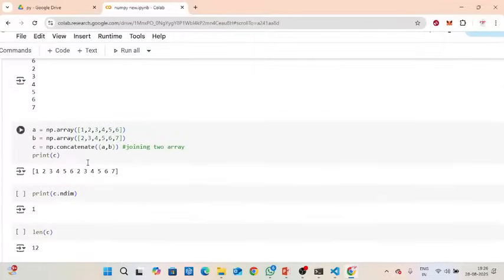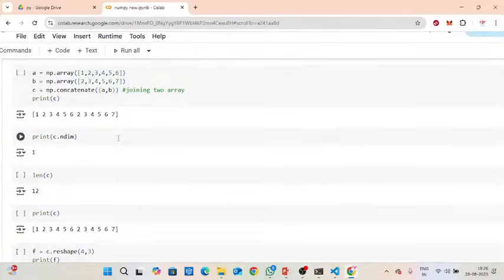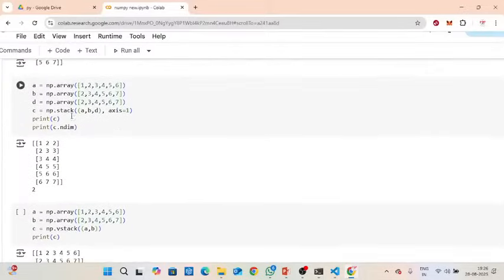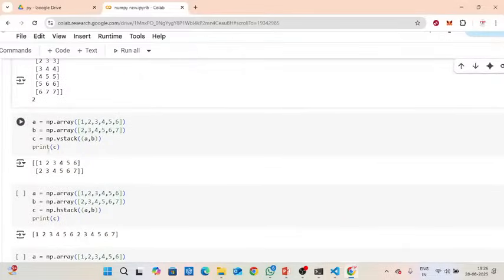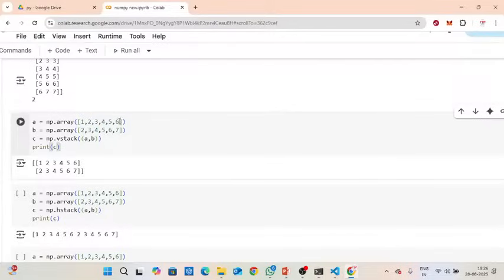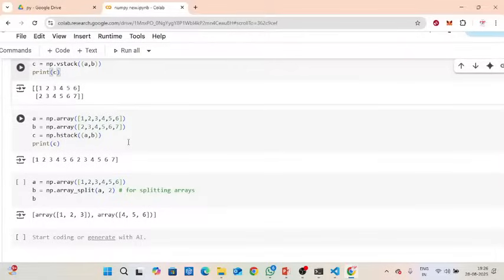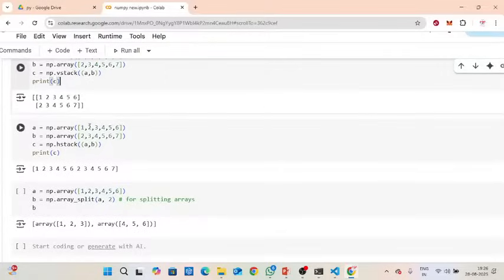And then concatenate. Concatenate is an inbuilt function used to add the two values, the 2-dimension values. That means join the 2-dimension values. And the stack. Stack is the same thing, used to join values. It will join based upon the index value, the 0 index value or one dimension, and the first index value or another dimension. Likewise, it will split by dimensions. V stack means 2 single dimensions are connected into 1 2-dimension, and H stack is the opposite to that: 2 single dimensions converted into 1 single dimension.